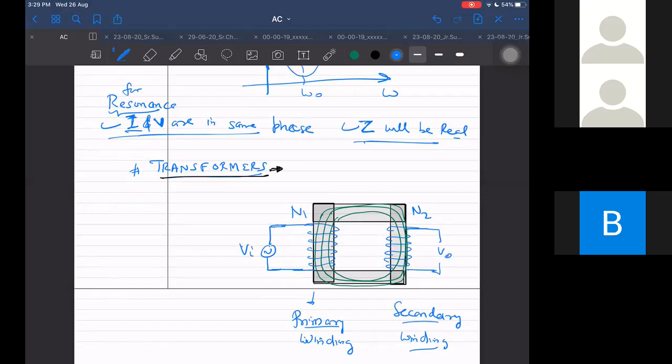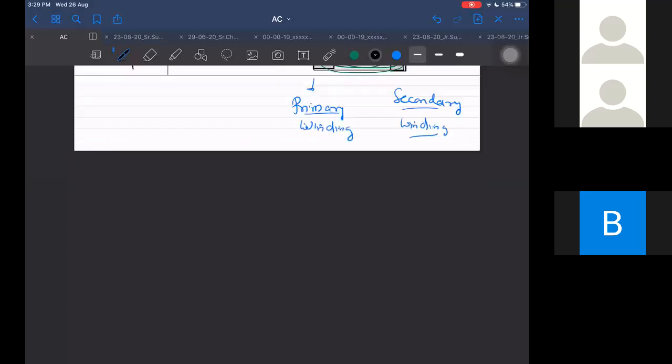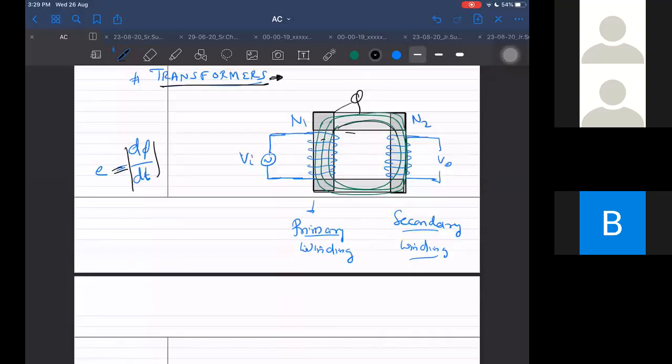So what is d phi by dt? It is the magnitude of EMF. We know the same flux is here, the same flux. Those field lines are going to the other side. If there is no flux leakage to the surroundings, which is not actually true, since flux will leak to the surroundings also, but if we assume very little flux leaks, then these field lines will be reaching the secondary circuit as they are.